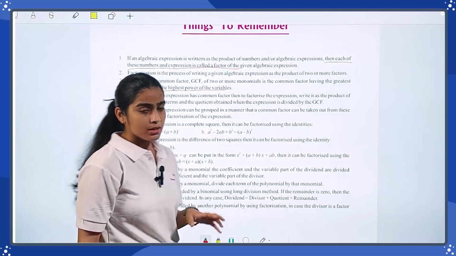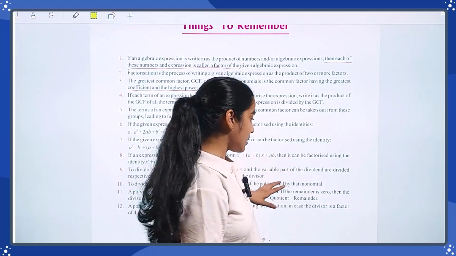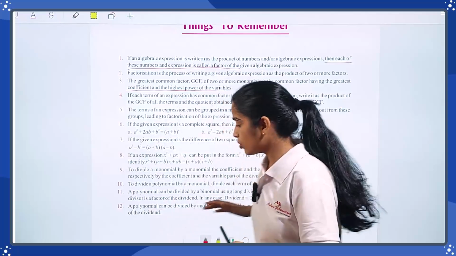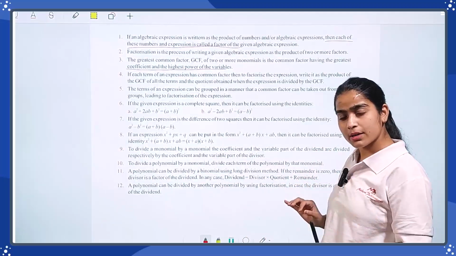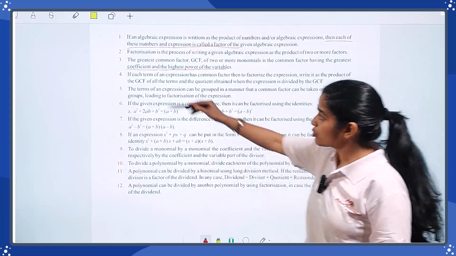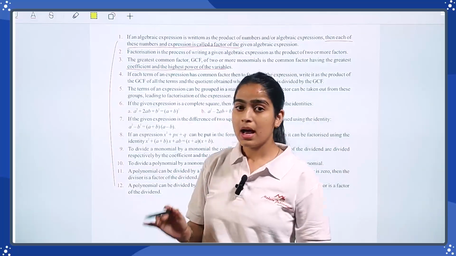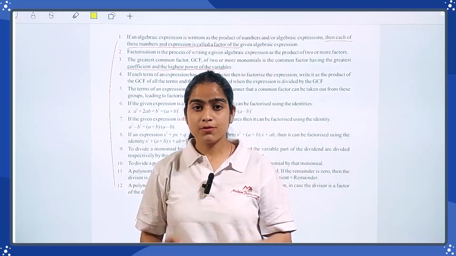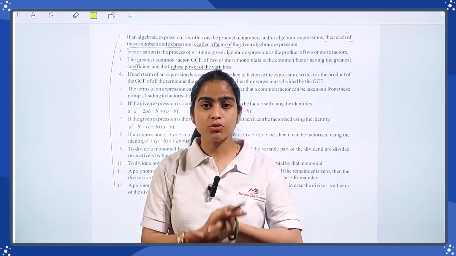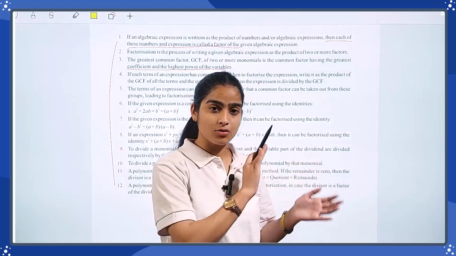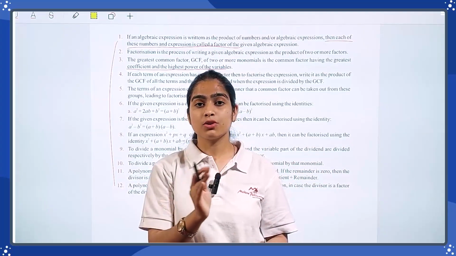So in the previous chapter, you had identities, you know about factorization. This is the whole concept we learned in this chapter. If you have any doubt, or you forget any concept, just repeat these concepts. That is more than enough for you. Otherwise, if you are still confused about how to solve your questions, this is my advice: go through your whole concept, cover it, then solve your examples, then try some more related questions, then move forward to your exercises.